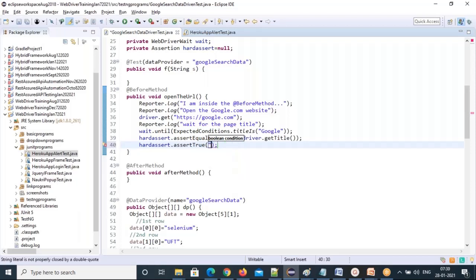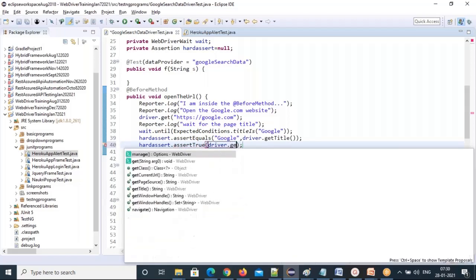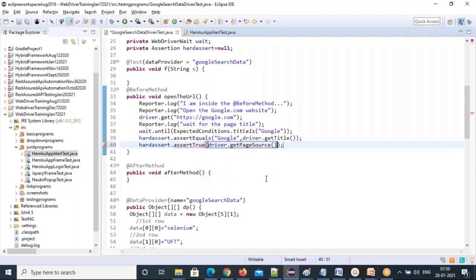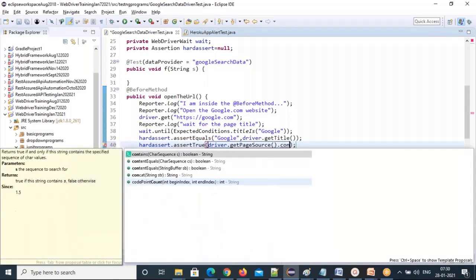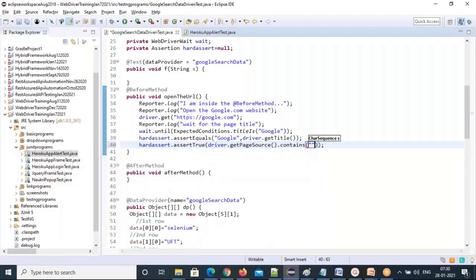What you need to do, you have to write the Boolean condition, right? driver dot getPageSource dot contains Google. So does Google appear in this source code or not? That's what I'm asking to verify.